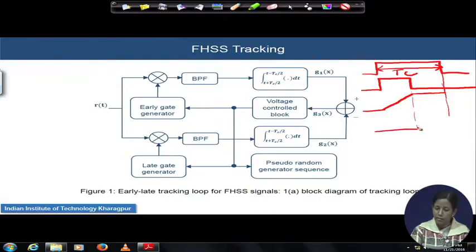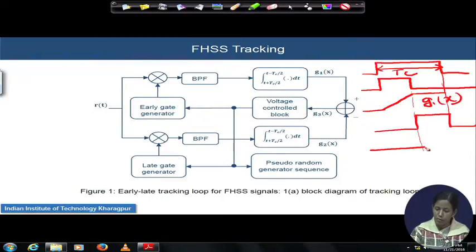The late gate generator output actually comes for the next half of the Tc by 2. So, it is Tc by 2 to Tc, it is a late gate. And this late gate signal is getting multiplied with the incoming signal. The band pass filter has filtered it and fed it into the integrator. The integrator is integrating it for the next half of the signal. So, the integrated output, if this is my G1x,